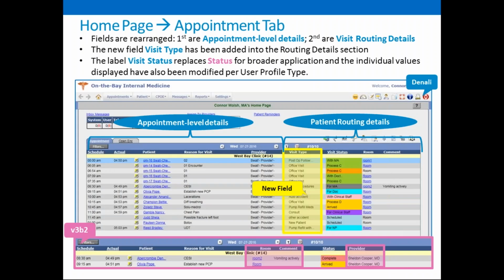Getting started, though, we're going to look first of all at the general changes to the user interface, starting with the home page when you initially log in. And this would be applicable both to the appointment as well as the open encounter tabs of your home page. The columns have been resequenced. So if you see in the diagram here, we've divided the columns into appointment level details and patient routing details. Now, there's nothing new as far as the present here, except there in the middle,